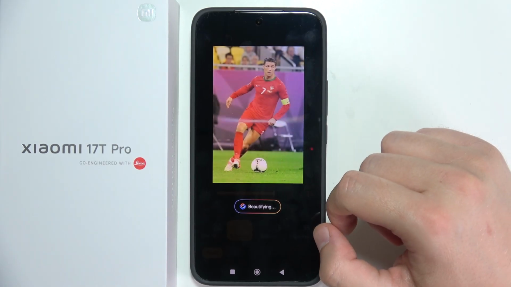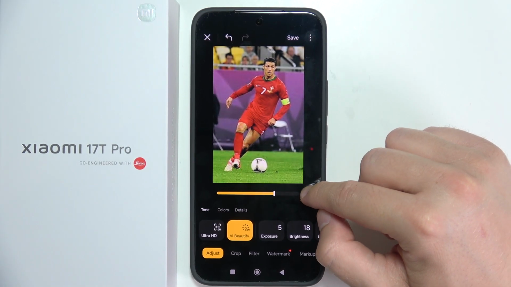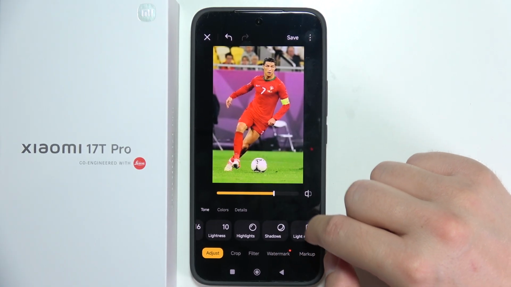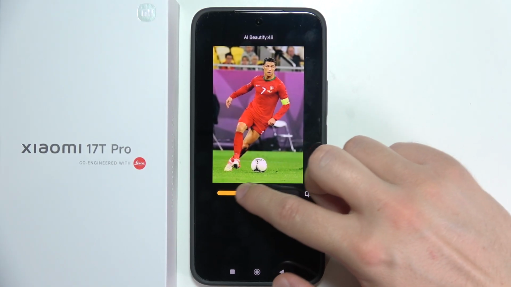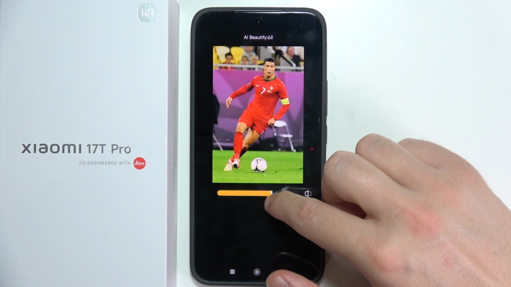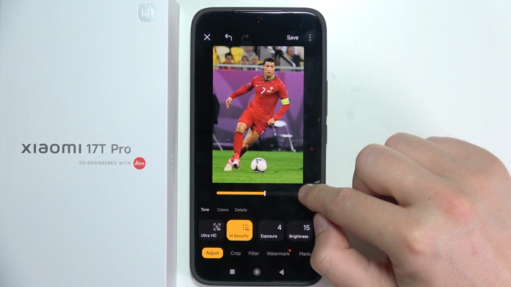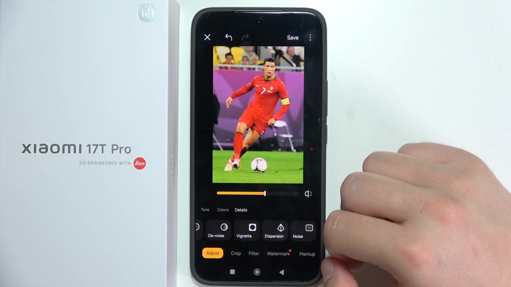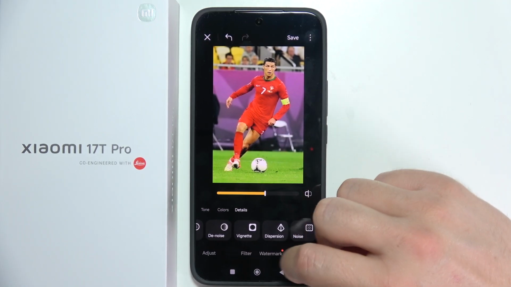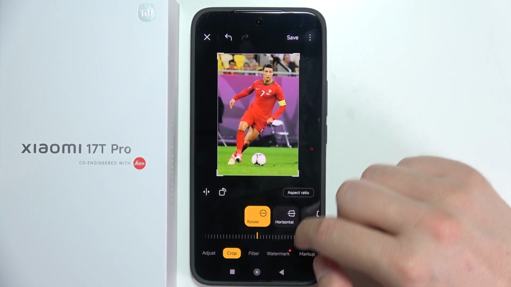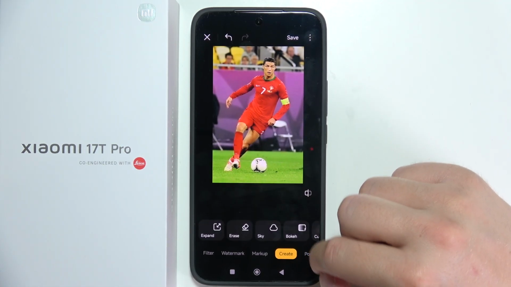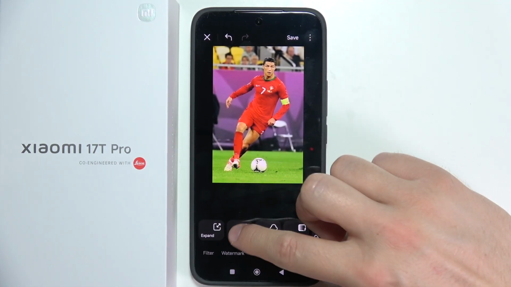The next option is the Beautify mode, that actually changes the exposure, brightness, contrast, lightness, and so on. So you can change its effect, its level of changes, and this is like two features, the AI features that you can use for quick adjustments. But what you can also find here, well, when you go for like create or erase, you can still